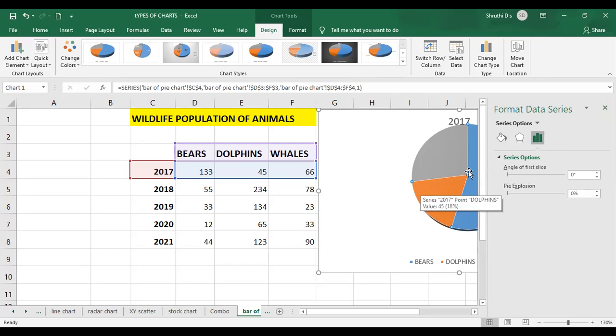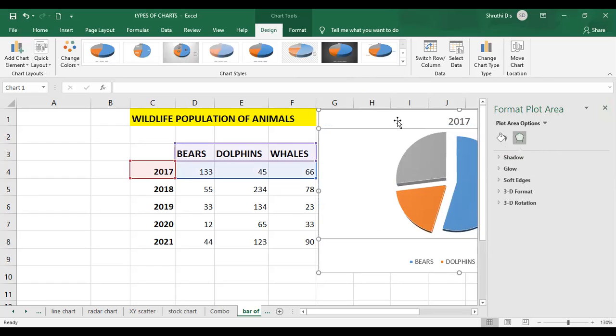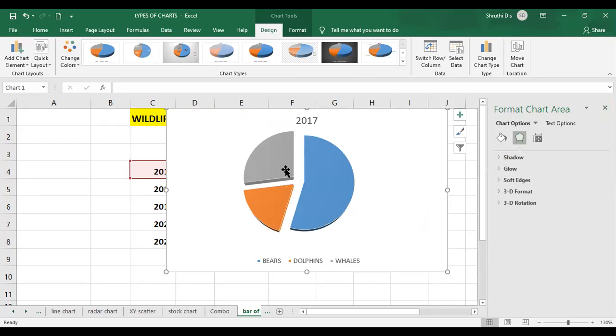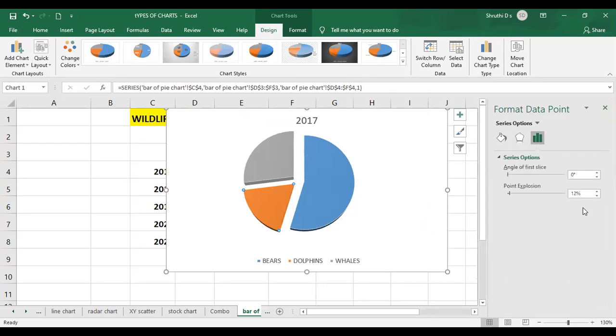Once I select this part, and the 3D format option, you can even increase this also. And the point explosion, whatever is available here, if I try to increase that, all the portions get segregated, right?